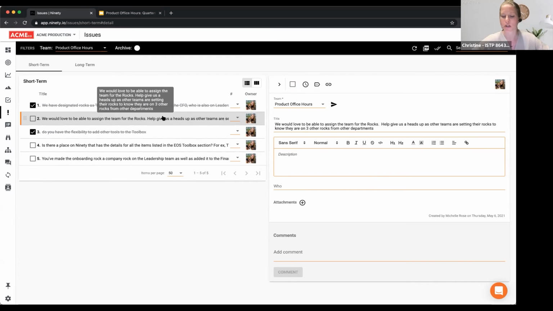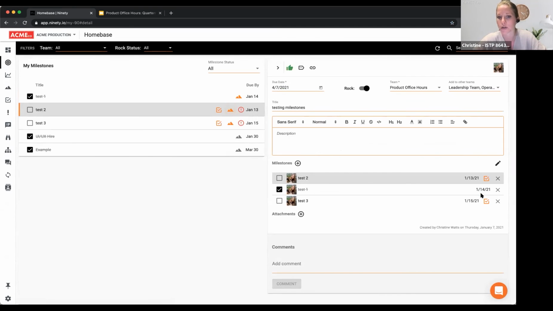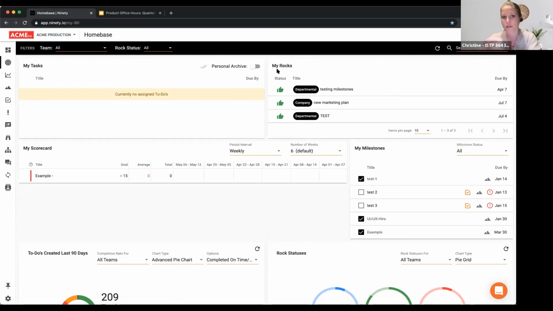Yeah, I would definitely consider using milestones in that scenario because the milestone still shows up on that person's My 90 page. So when I go to My 90, I can see all of the milestones that I'm responsible for. So I do have some pretty instant awareness around that. And then for each milestone, I can also click on the rock and see, even if I don't own that rock, I can still see the bigger thing that I'm contributing to there. Plus, if you have those hitting your to-do list at the same time, that might be that trifecta of things that you need. So it's not just on their My Milestones page, but you're actually having it hit the team to-do list as well.